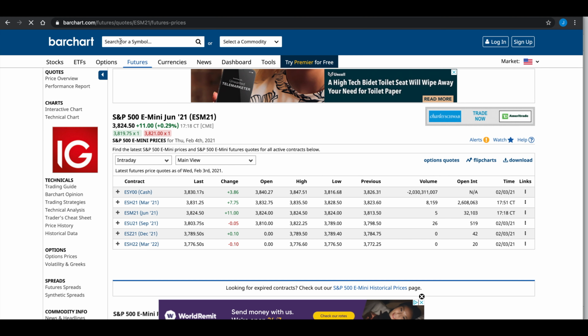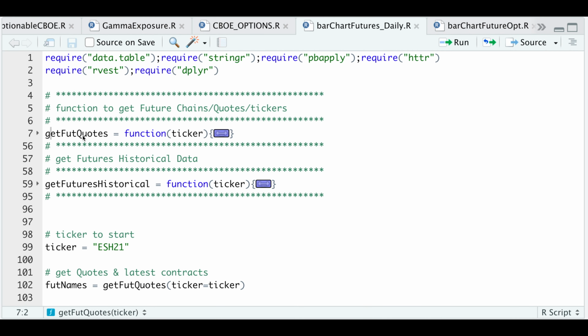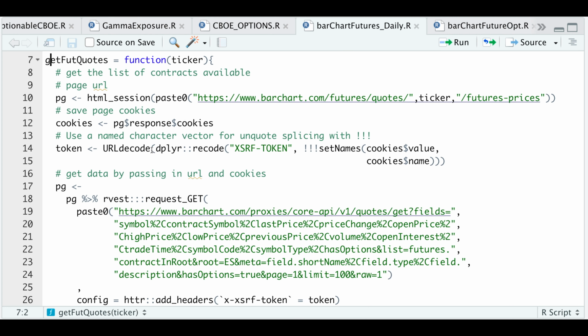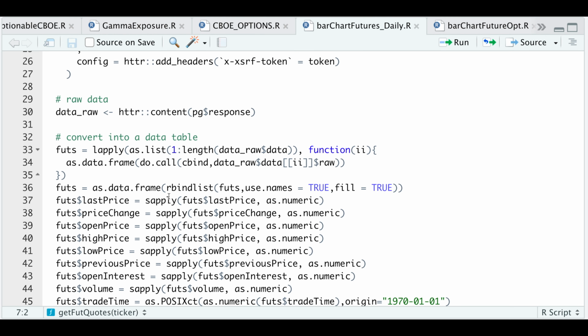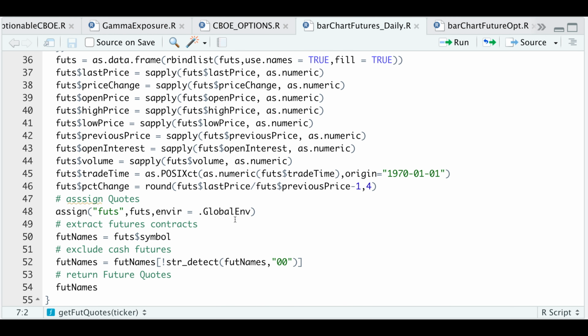So if we go to our R script, here you'll see both functions. To get the table with all the available tickers, we will use this function, which will read the table, do a bit of formatting, and it will automatically assign that table from barChart to our global environment. And the last couple of lines will actually extract the ticker names. So if we minimize this and go to our next function